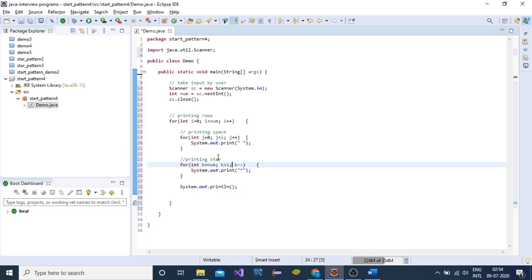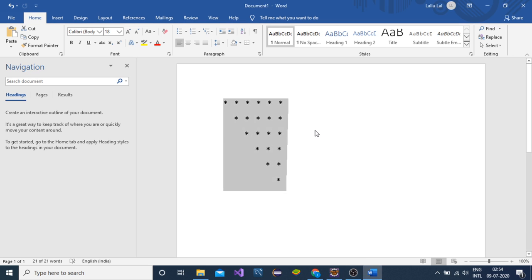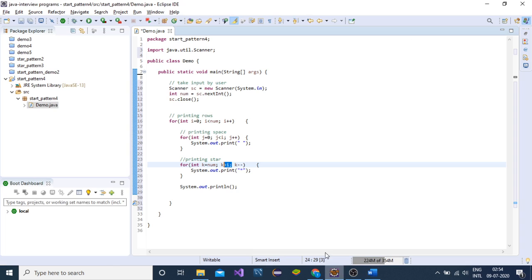When the value of i is 1 in the second row, it will run for k equals 6, 5, 4, 3, 2, and if the value of k is 1, it will return false, and so on.